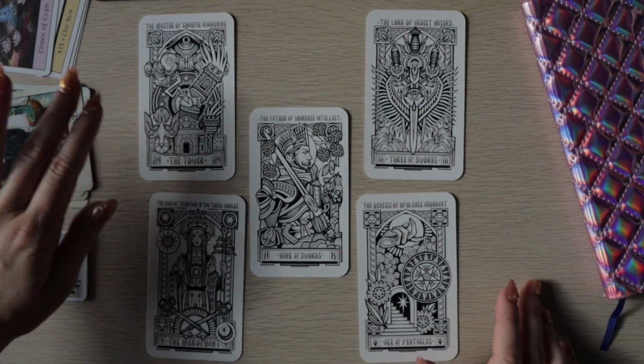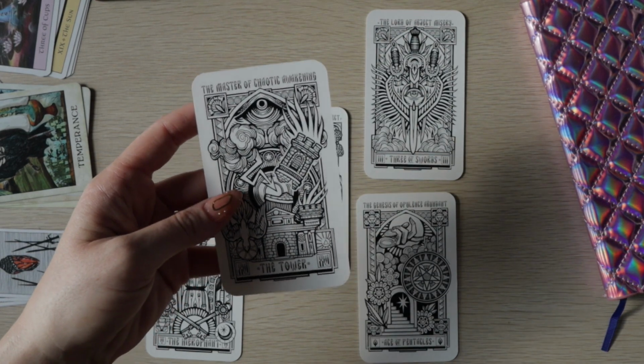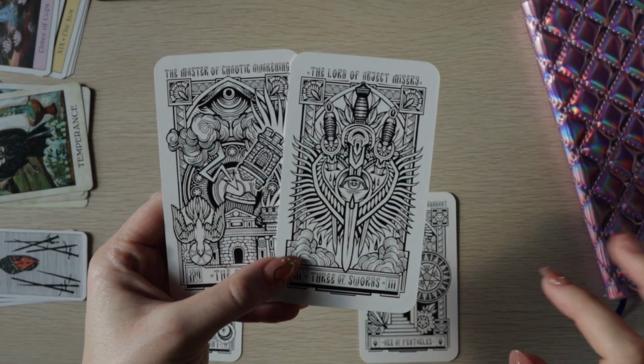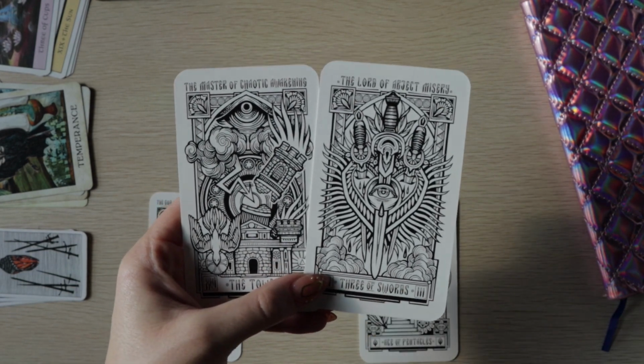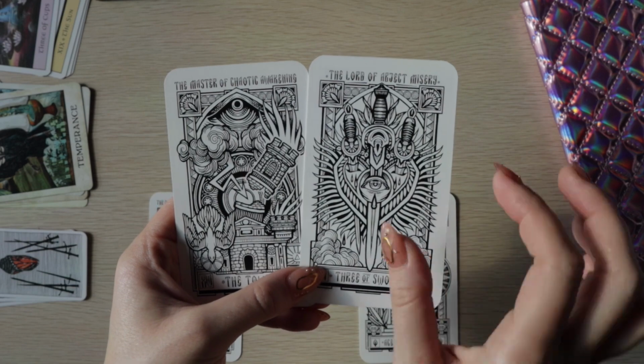But how does the deck see itself? The Master of Chaotic Awakening. I don't know if this is showing up. It sees itself as the Master of Chaotic Awakening, and it sees me as the Lord of Abject Misery. So in a sense it's like you need someone to snap you out of this Three of